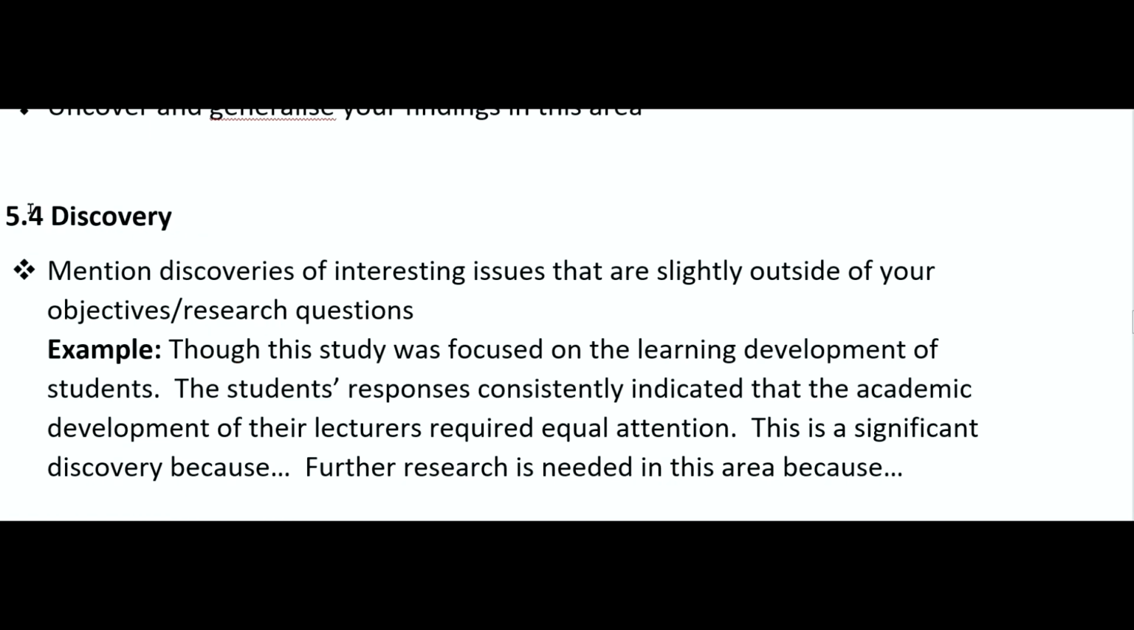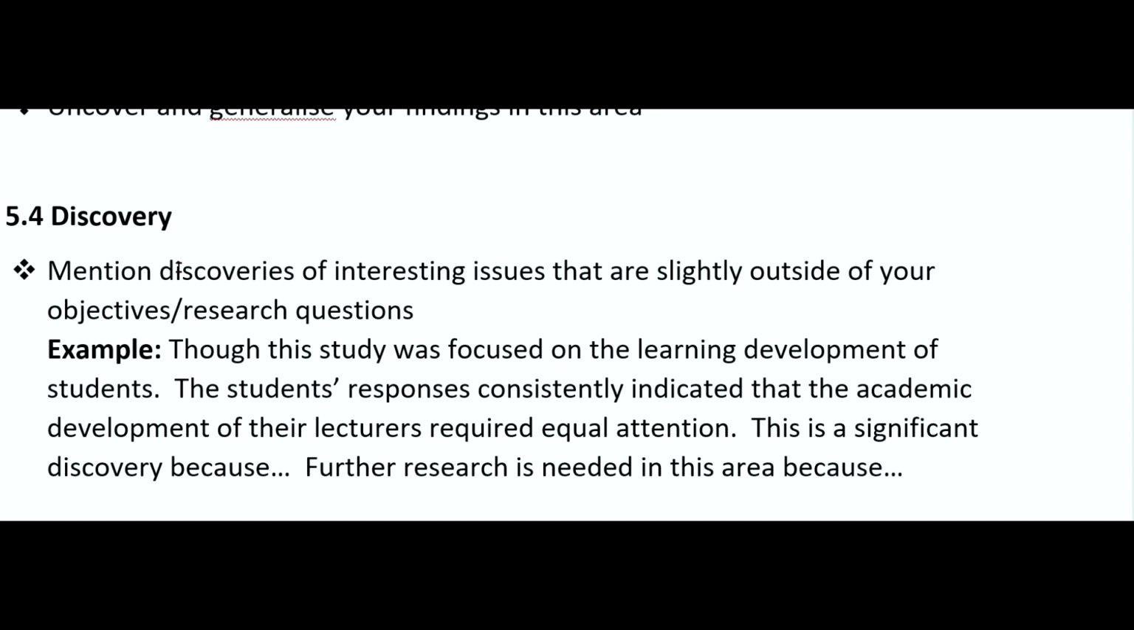And I just want to touch on this, the discovery. I've called it the discovery, but you can call it whatever you want. You can call it after the thing that you discovered, or a student put an excellent name forward, revelation. So whatever you want to call it. So within this section, you mention discoveries of interesting issues that are slightly outside of your objectives or research questions. So if you're looking at something very specific, but you find something interesting that's slightly outside of your objectives or slightly outside of your research questions, this is the place to put it,